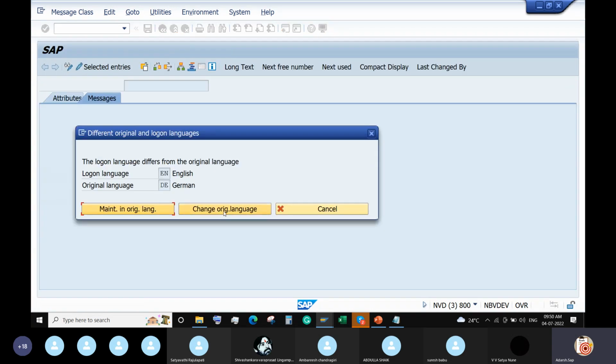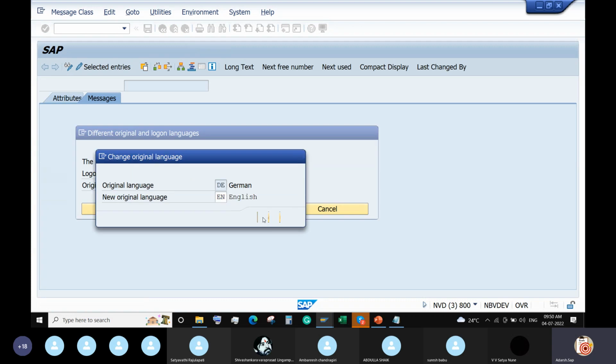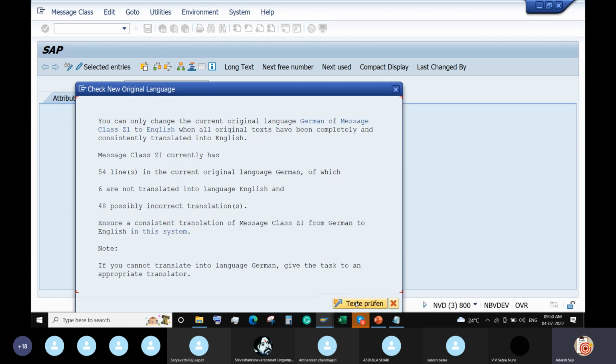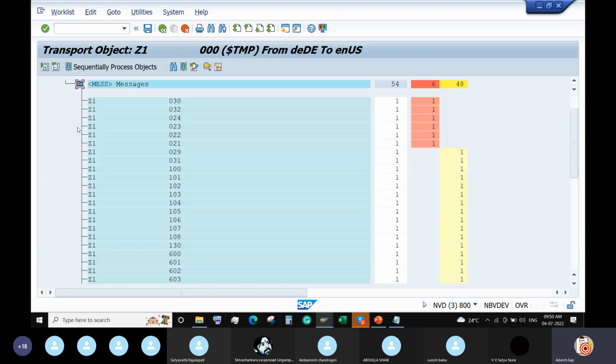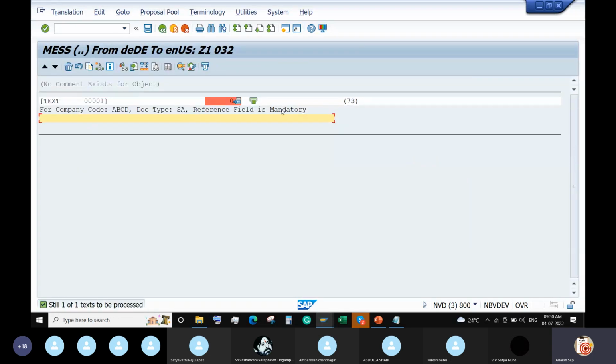Okay, maintain what is. Okay, here we got the details. I'm copying this, or I'm making here for any code